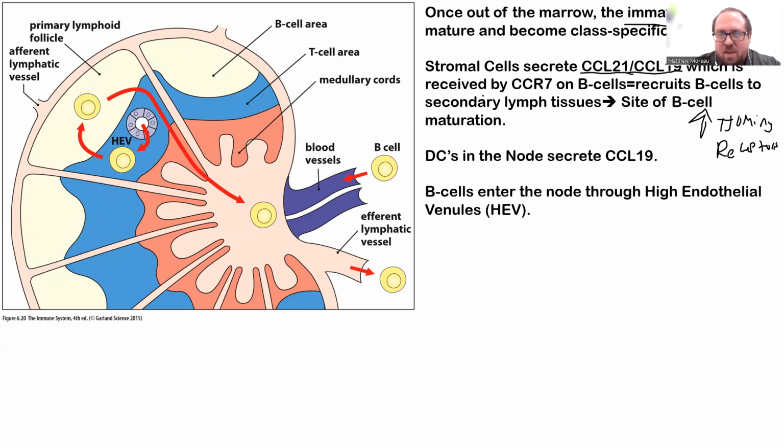Now, the interesting thing is these cytokines are received by CCR7, chemokine receptor 7, which is a G protein coupled receptor. And just like T cells, it recruits B cells to the secondary lymph organs. It's actually the dendritic cells inside the follicles of the lymph node which continuously express CCL19, and CCL19 then allows B cells to enter through the high endothelial venule from the bloodstream, and